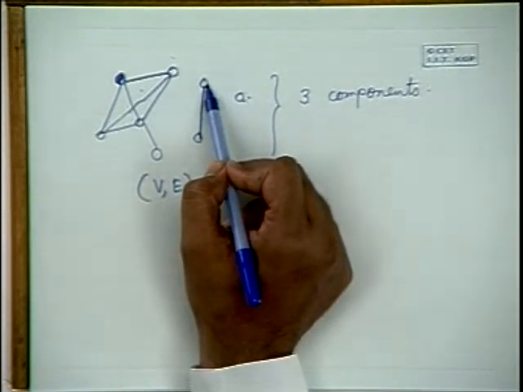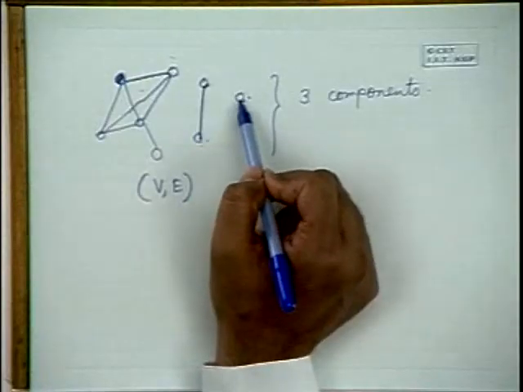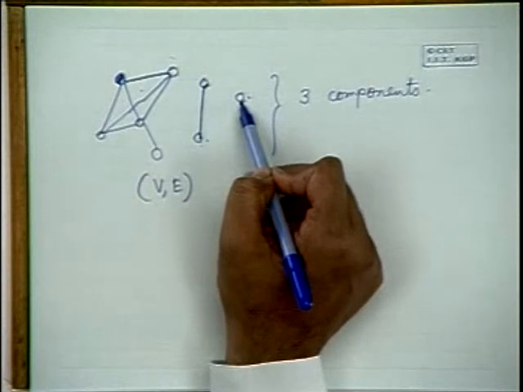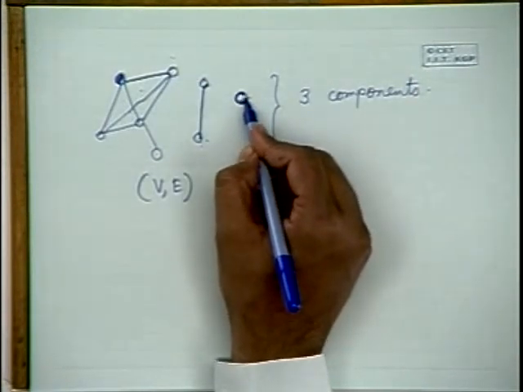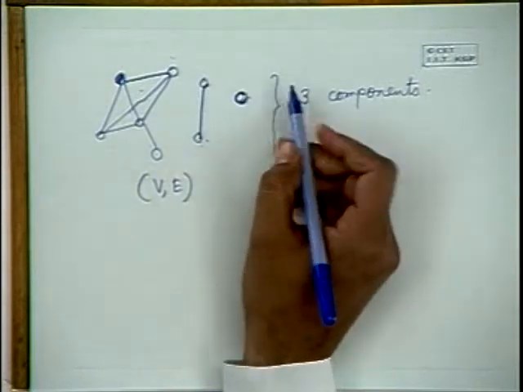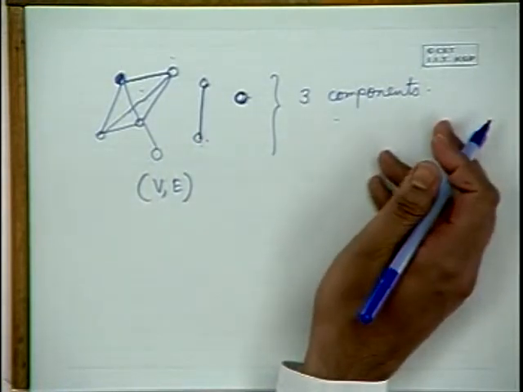So once it gives this fresh visit call, you know that you have encountered a new component. Again, this call will visit these 2 vertices and it will not visit the third vertex here. So for this third vertex, again you have to give a fresh visit call. So 3 fresh visit calls will tell you there are 3 components. So this is one of the simplest and probably most efficient ways to detect the number of components in a graph.